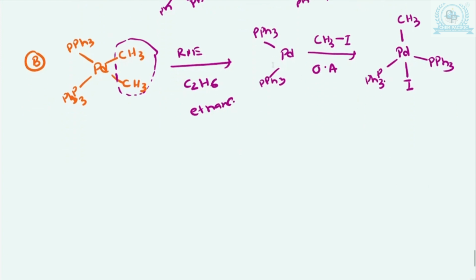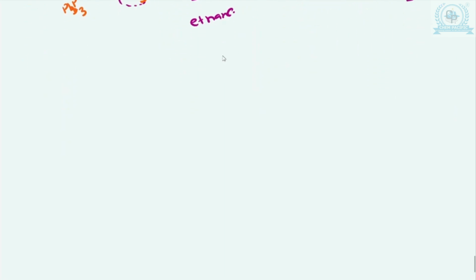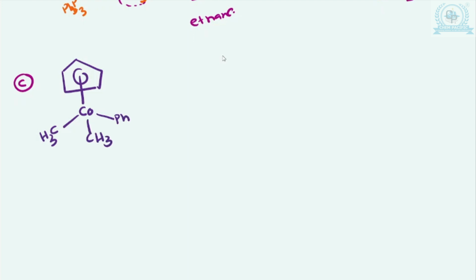Now answer number C I have just solved, but for you all I am going to solve it once again. ठीक है. So this I have just solved. You see the questions are getting repeated, इसलिए yearly paper बहुत अच्छे से करना है. ठीक है, और उसका कंसेप्ट जो है उसे बहुत अच्छे से समझना है. सो यहाँ पे आई रिपीट, जो माइग्रेटरी इंसर्शन हमने पढ़ाई किए थे वो फिर से हम यहाँ पे अप्लाई करने वाले हैं. And I already inform you this is resulting in the 2 electron, this is 18 electron, this will result in dissociative mechanism,